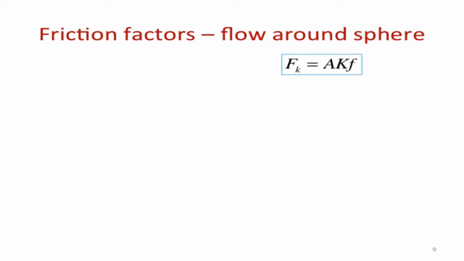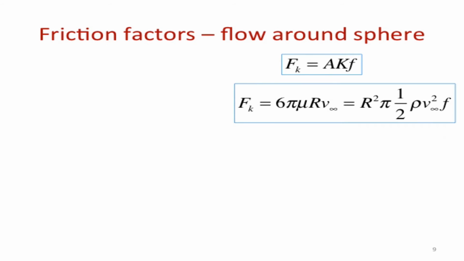Then for flow around the sphere, this is just to give you an idea, we know already that our drag force F_k is 6π μ R V infinity, right? So that's the analytical solution for the laminar flow regime. And my characteristic area will be R squared π, so that's basically a projection that I see when I'm flowing towards the